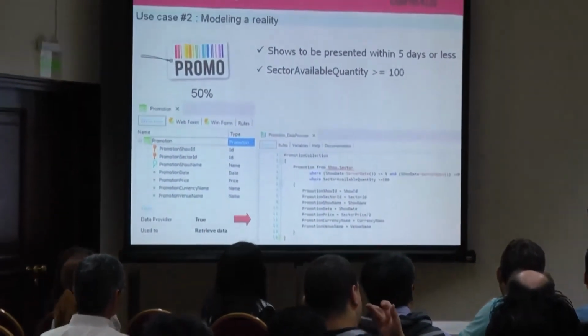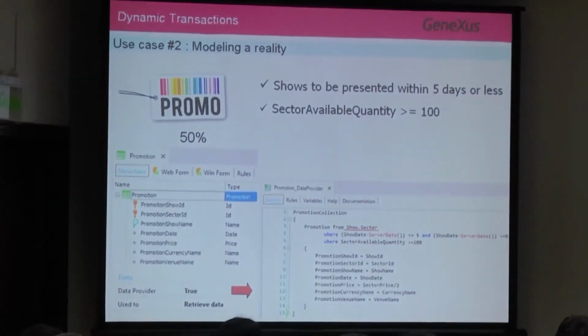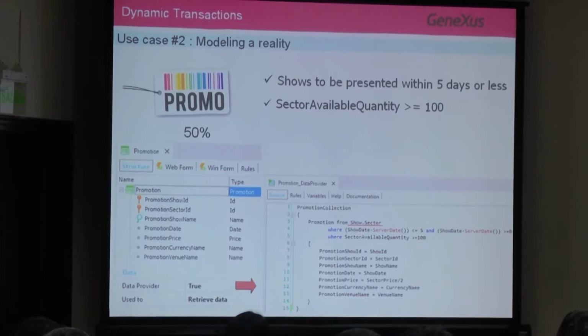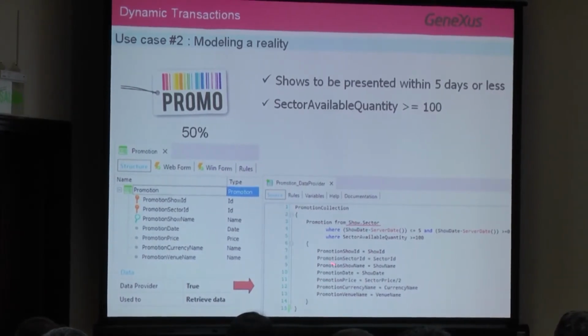Let's say that from a web panel, I'm going to need someone to enter a range of dates, and those dates have to be brought to this data provider so that they are used in the code. And in this case, I will put here attributes as part of the key, and I also have to put them through Parm in order to use them, and that's how it's solved.